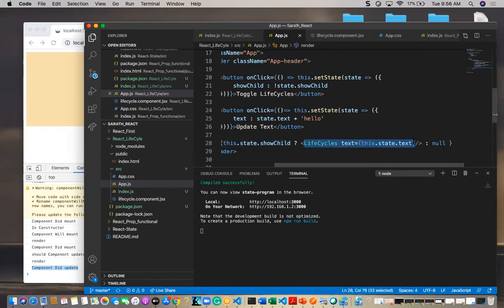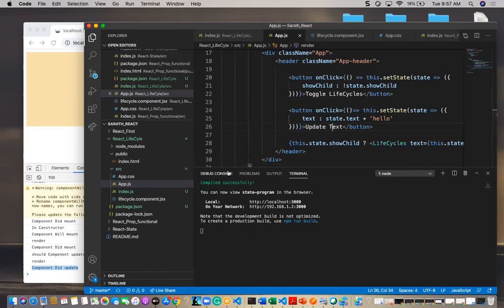If it is going for the true, at the very first point, it will receive the lifecycle property this.state.text and it will update the component. Likewise, it will happen. At the very first point of time, in the constructor, componentWillMount and render, and componentDidMount will happen.